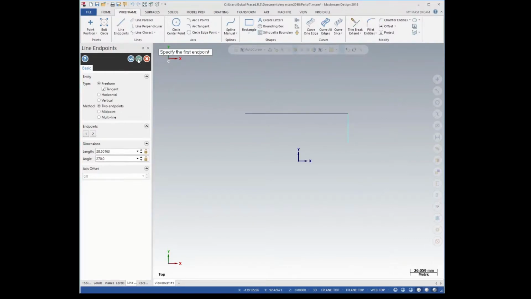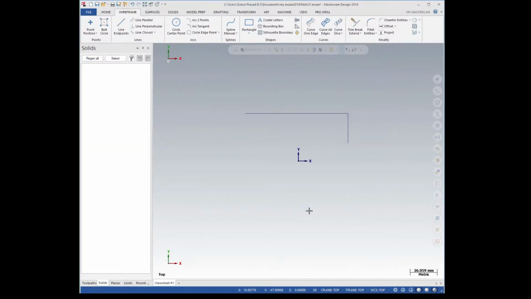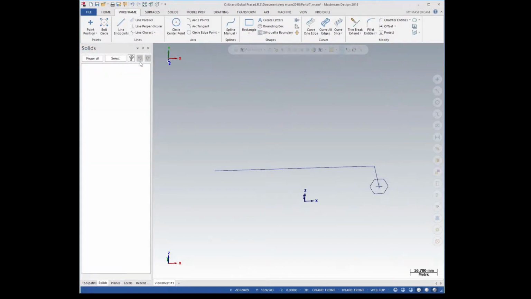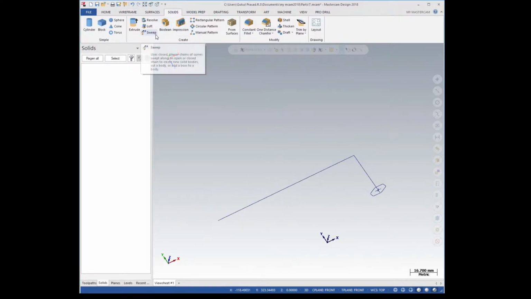So this is my first sketch, and the second sketch will be perpendicular to the first sketch. In my design I will use my front plane, which will be my second sketch area. So I will just go for polygon and design it. Okay, and click OK. If you see, two sketches have been created. So now I will go for the solids option and select sweep,